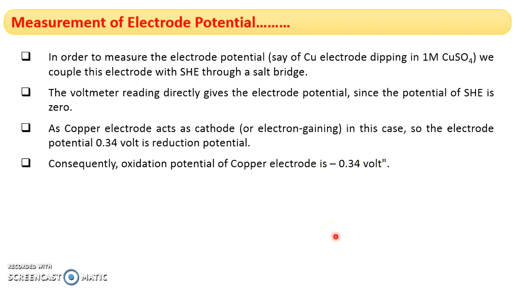Okay, so in this way we can find the electrode potential of sample electrodes. As we are maintaining standard conditions here, we are getting these values, 0.34, and if the conditions are changed, we will get a relative value. That value can be taken as the electrode potential of the sample electrode. It may be zinc, copper, or any other electrode. This is how we measure the electrode potential of given electrodes. Thank you.